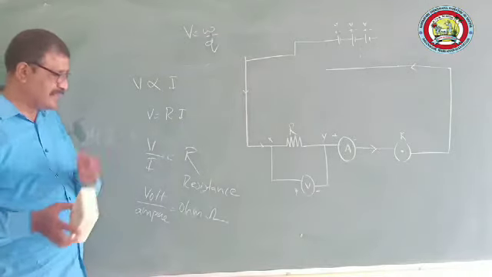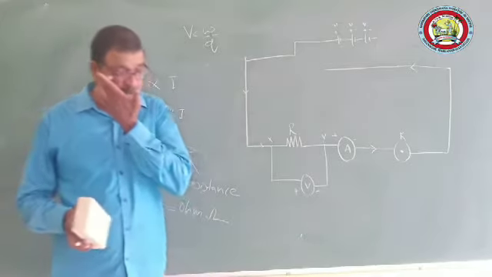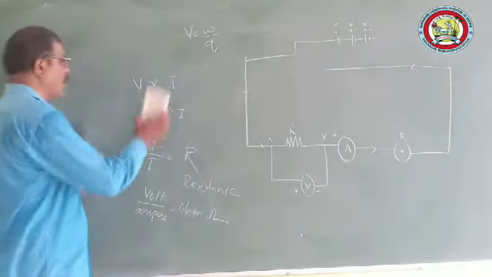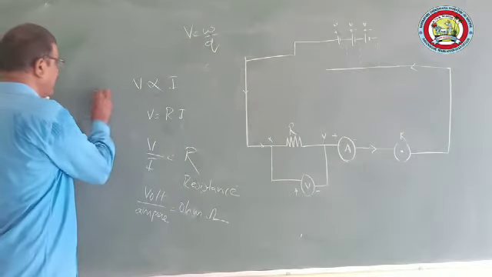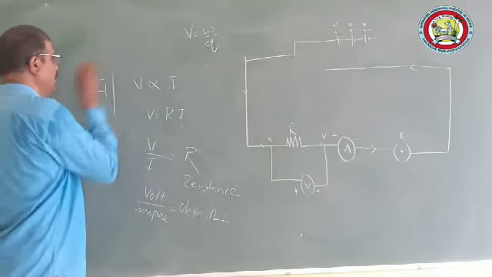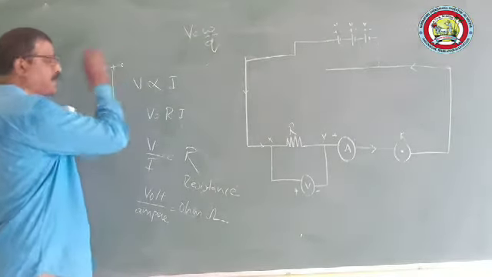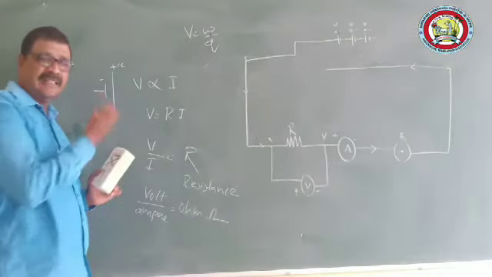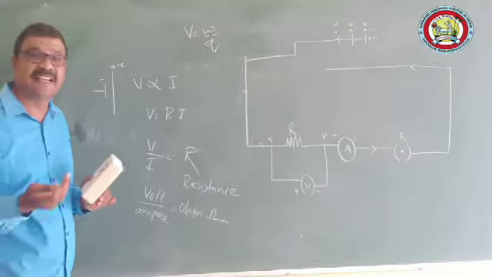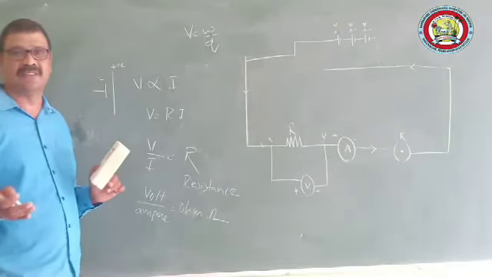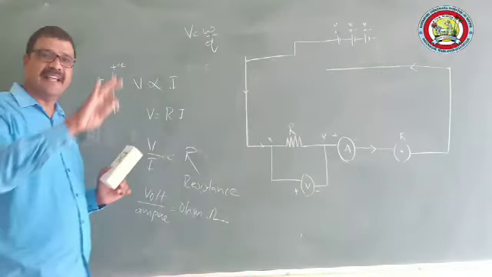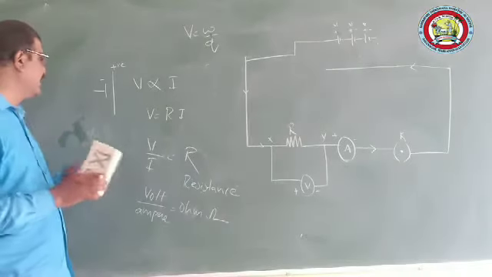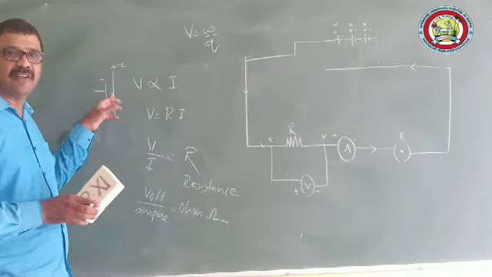Yesterday we also discussed that to provide the necessary potential difference, we need cells. I already told you what cells are. There will be two terminals, one negative terminal and one positive terminal. This is how you denote a cell. A cell is the one which provides the necessary energy to drive the electrons in a conductor. This is how we denote a cell.